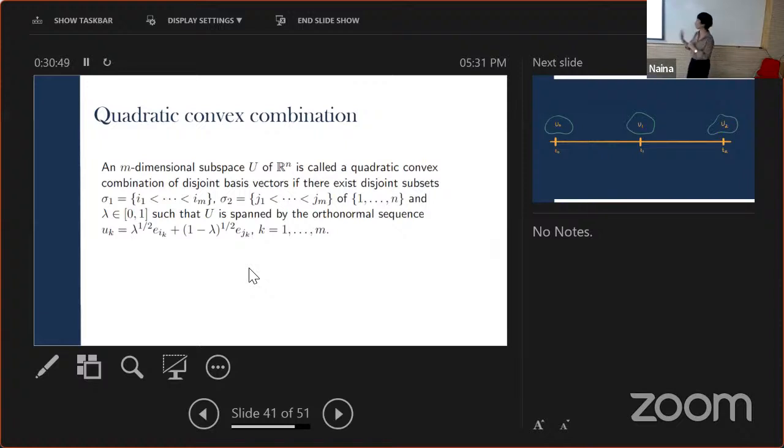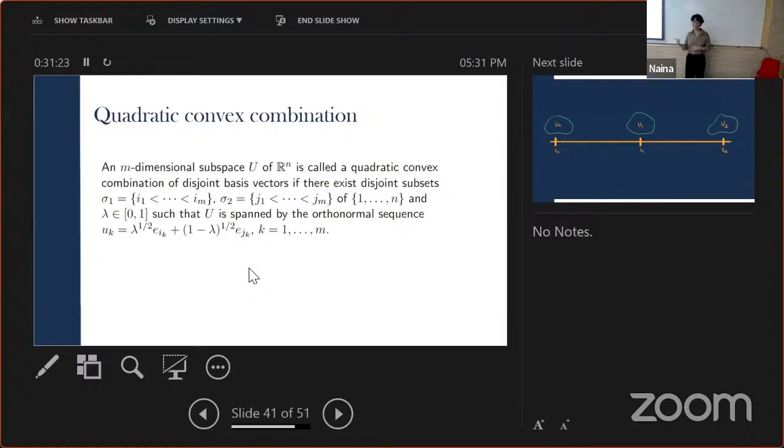To overcome that, what we figured was that if we have two disjoint subspaces, then we can continuously travel between them using a sort of convex combination. It's not exactly a convex combination because you raise it to a square root. But you can traverse between the two of them without losing anything in the dimension. As long as they're disjoint, there's no loss in dimension. This is what we call a quadratic convex combination, and the idea is to use this to stitch our subspaces together.